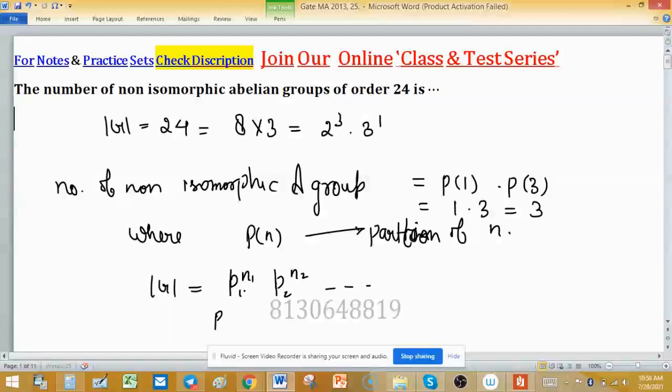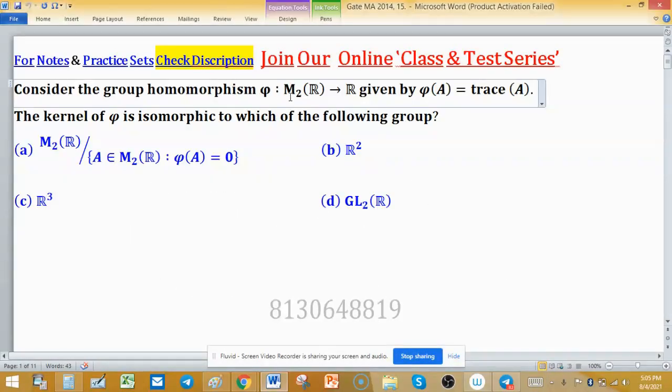Small p is used in the prime factorization, and capital P for the partition. So the partition of n1 times the partition of n2 and so on, as we used in the above one. So the answer is